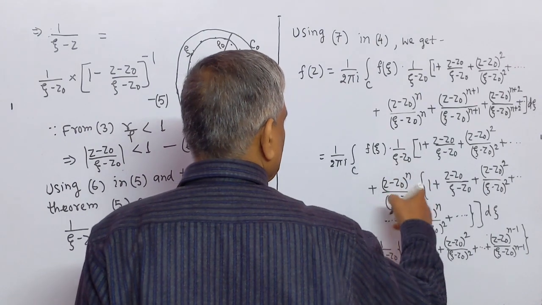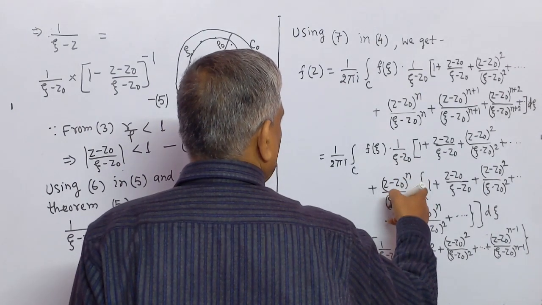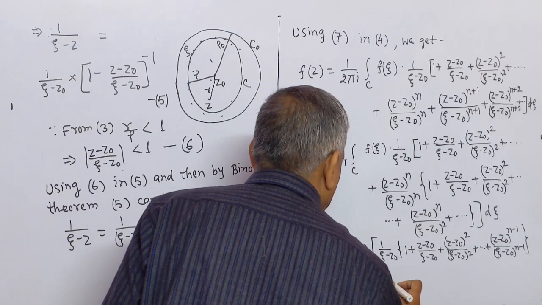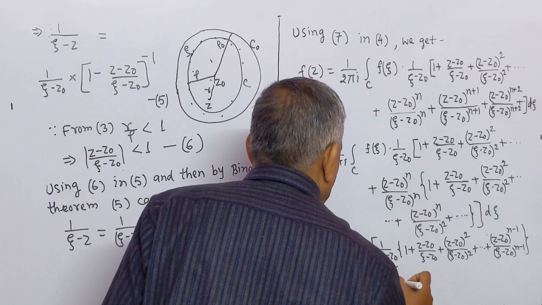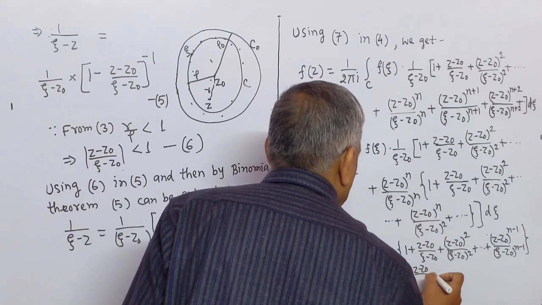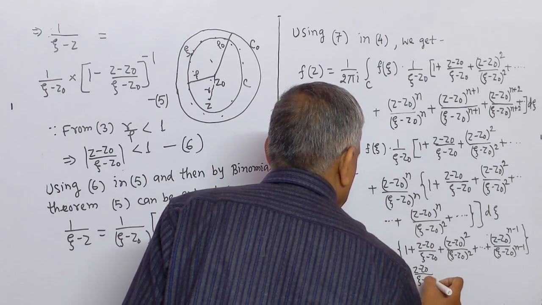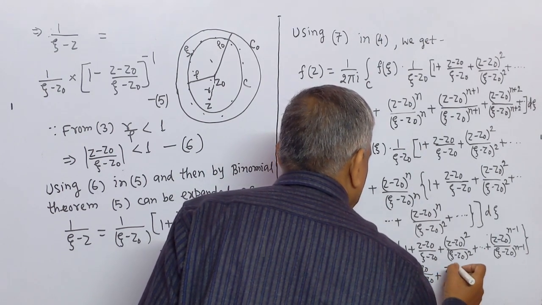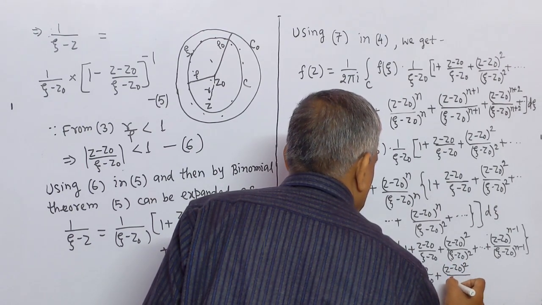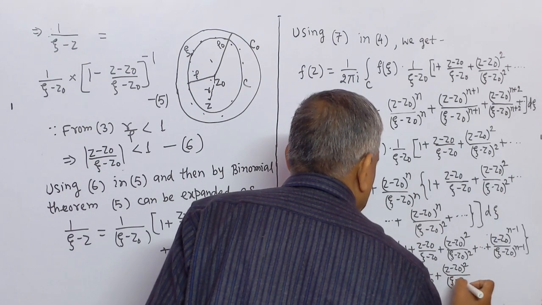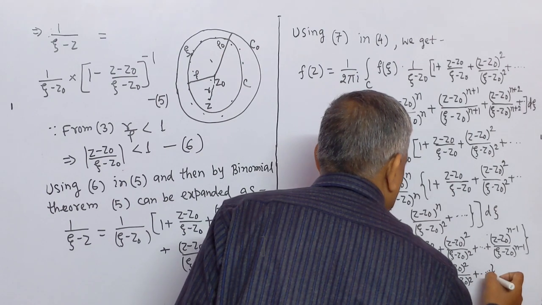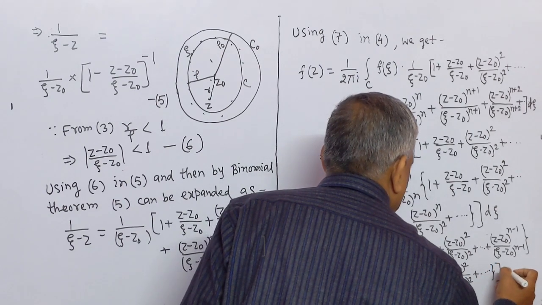We multiply this with here 1/(ξ − z₀) [1 + (z − z₀)/(ξ − z₀) + (z − z₀)²/(ξ − z₀)² + ...] dξ